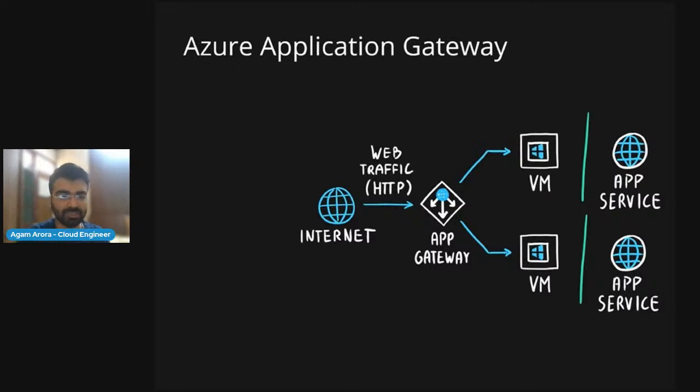So application gateway is generally used to balance out the web traffic, or the HTTP, HTTPS traffic. It does a similar function to the load balancer, but the difference here is that at the backend there are application services. Also, App Gateway comes with a firewall feature, where it defends the virtual machines or the servers from being exposed to the internet, because whenever a request goes out